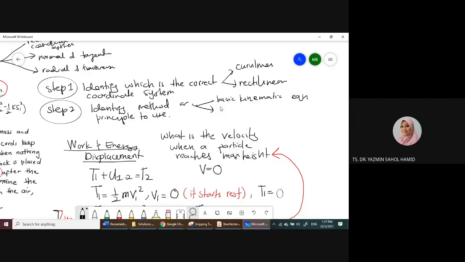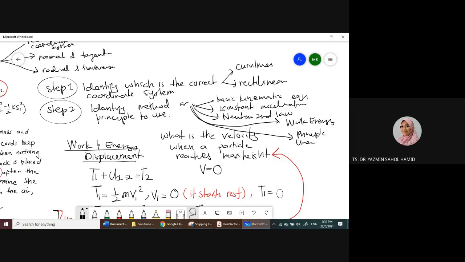What else can you use? You can use the basic kinematic equation with constant acceleration. This one we have learned in the earlier part, constant acceleration. You can use what? Newton's second law. You can also use what? What we learned, work energy. And one more, principle of linear impulse and momentum. Okay, because this one I really want you to understand, because when you get a question,